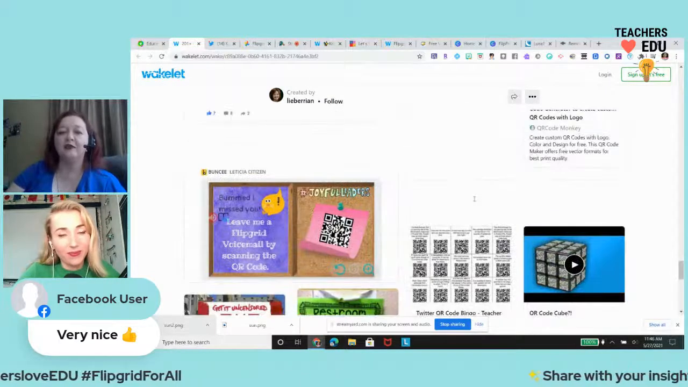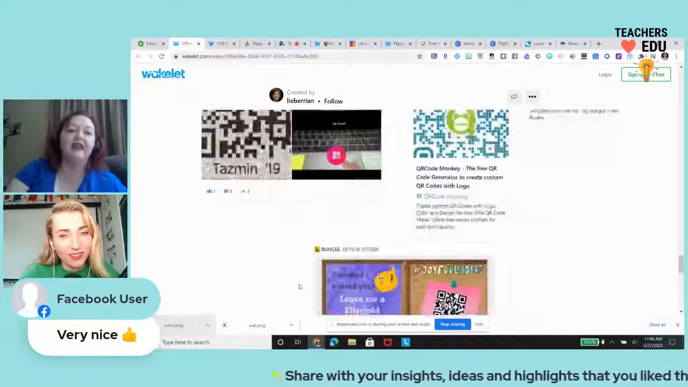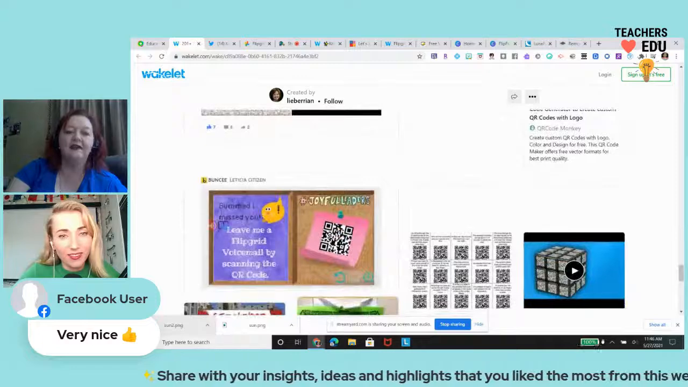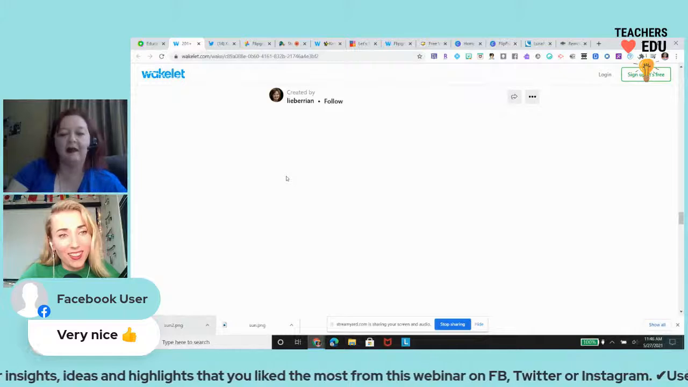I use Flipgrid for a virtual help desk, but I see Letitia Citizen actually had this: leave me a Flipgrid voicemail by scanning the QR code, right? So you can put QR codes anywhere. I don't know what happened. It just kind of,